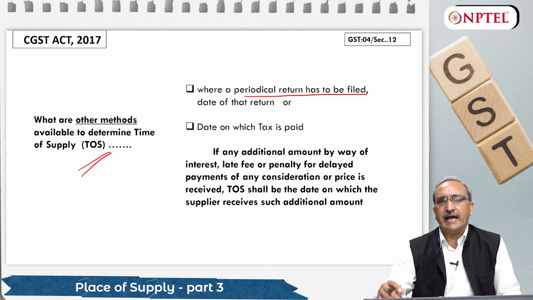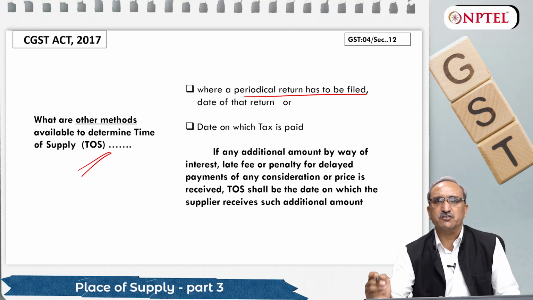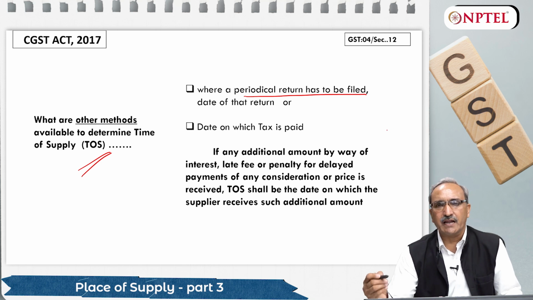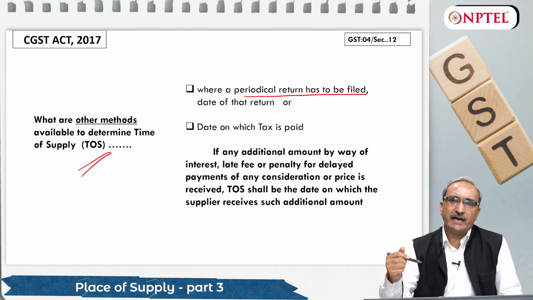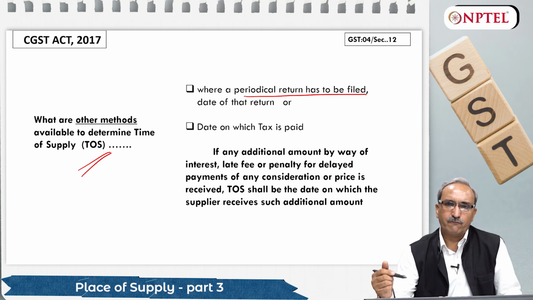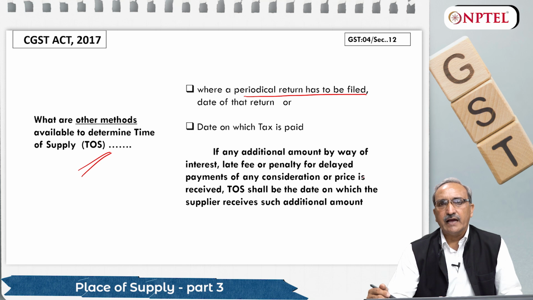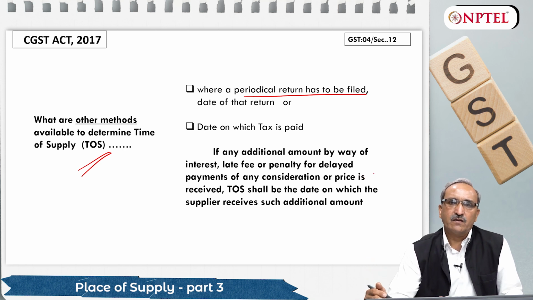So the system will act accordingly, and we will also determine our tax liability: how much CGST is to be paid, how much SGST to be paid, and how much IGST to be paid. So in 3B we declare the total tax liability and pay accordingly. For GSTR-1 we have 11 days. By the 11th of the next month we have to file our GSTR-1 to fix our tax liability for April, and by the 20th of the next month we have to pay our tax based upon the GSTR-1 we have filed.